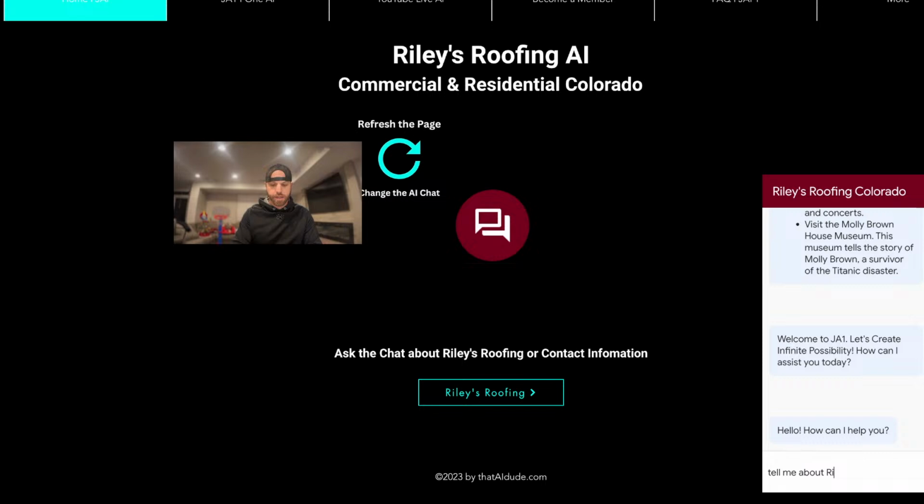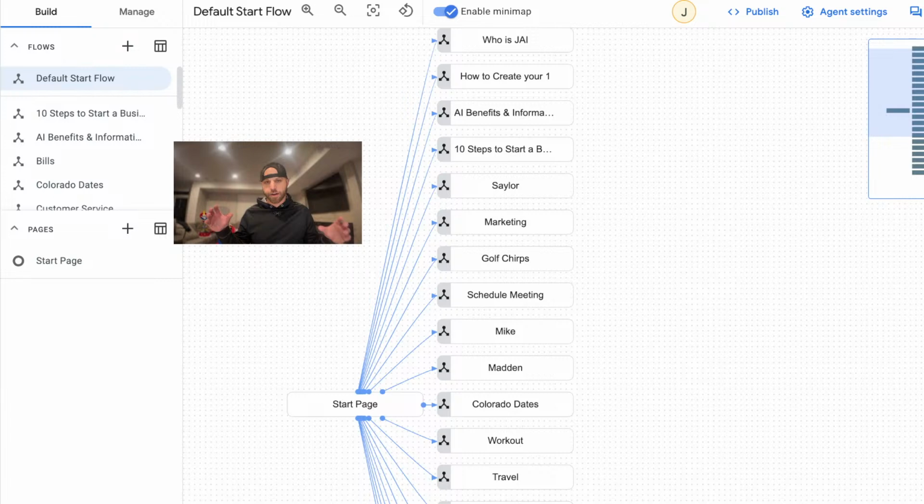Right now it's built up to the point where I have all of my flows in there. So essentially what you're looking at is if you do one of these, those 14 steps, and you build one of these, you just repeat that process for every area of your life. And then you can start getting the information, making your AI an expert in that information. And you can also take your